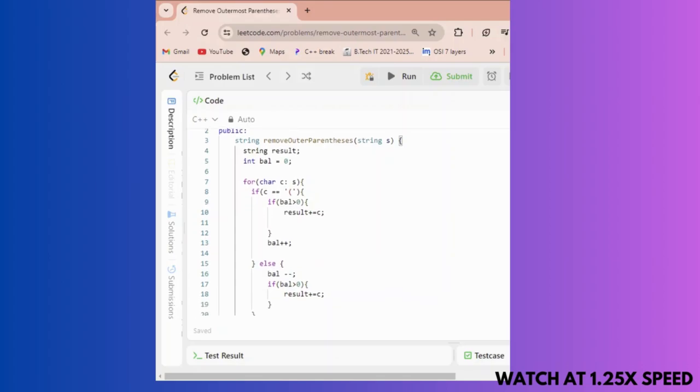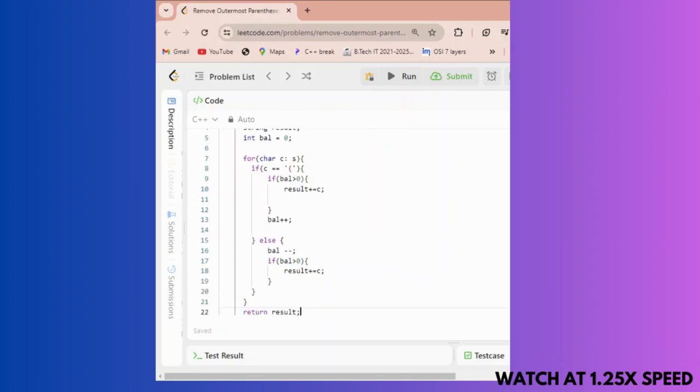Then balance plus plus, and in the else part, firstly you decrement the balance, minus minus, and then if your balance is greater than 0, then your result will add c, whatever the bracket character you have. With the help of these things, we can delete our outer bracket.